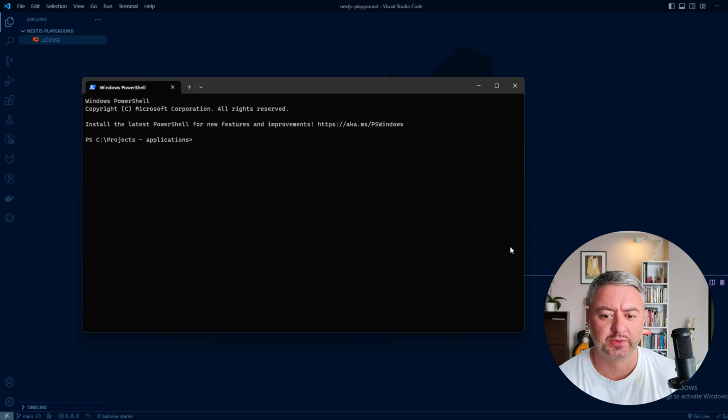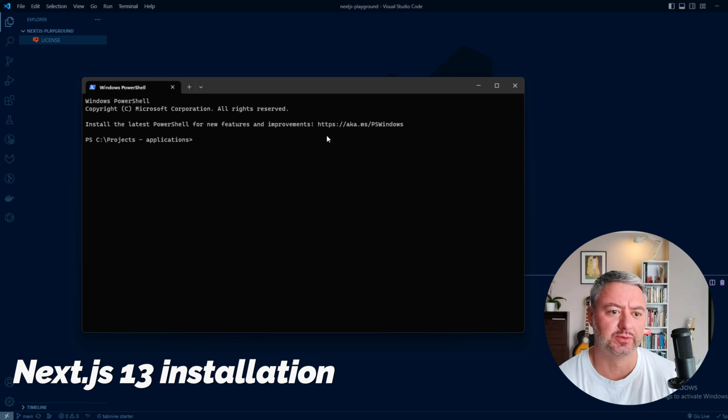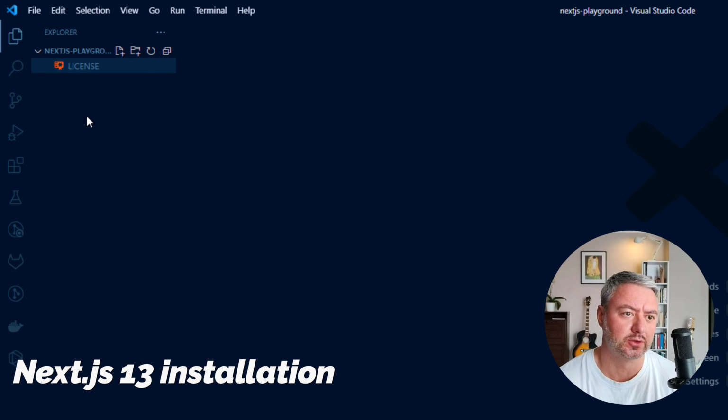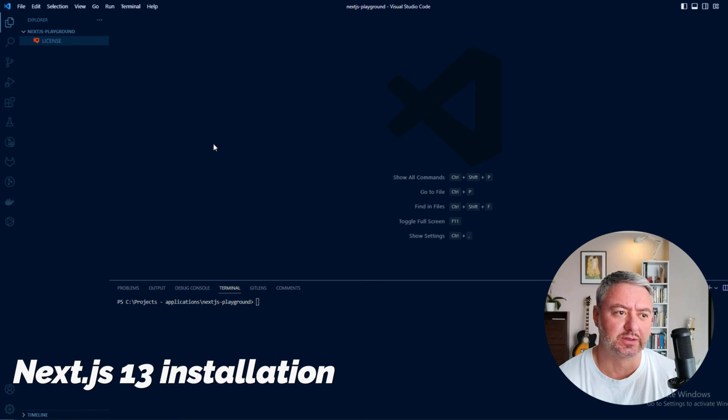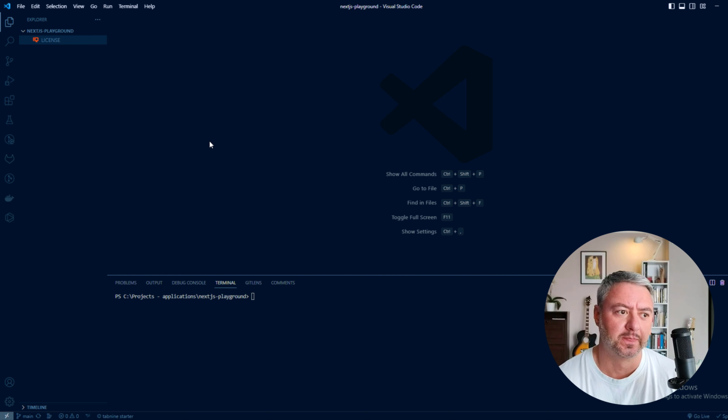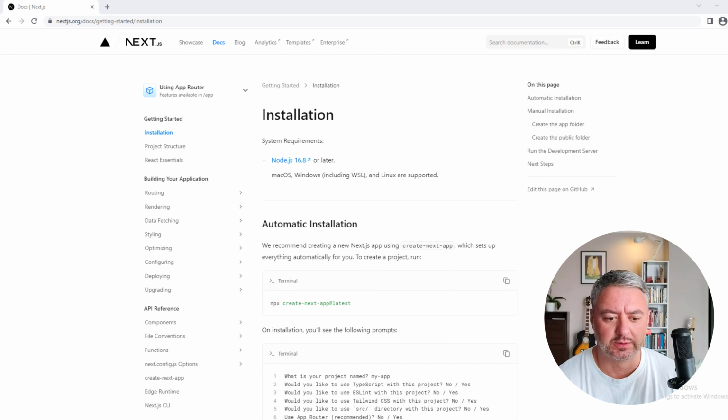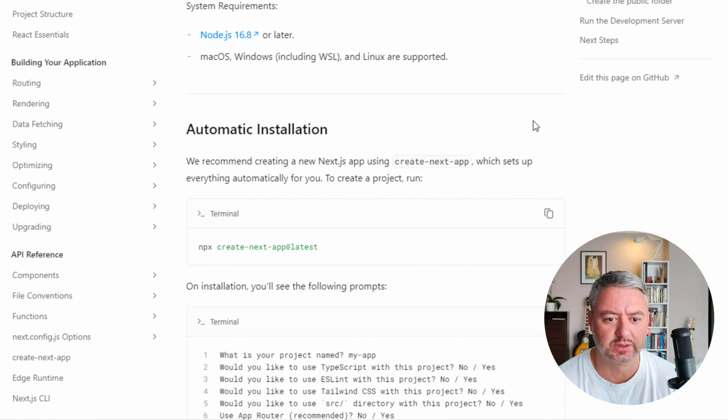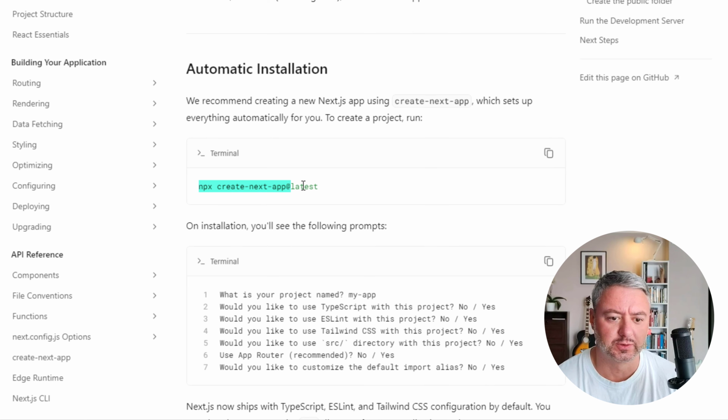Alright, let's start from the very beginning. I have an empty folder here, totally empty, the license is just coming from GitHub, and we will install Next.js 13 from the beginning and implement the basic routing here. To install this, all we need to do is go to the Next.js documentation on nextjs.org, and here we have just one command. So let's copy it